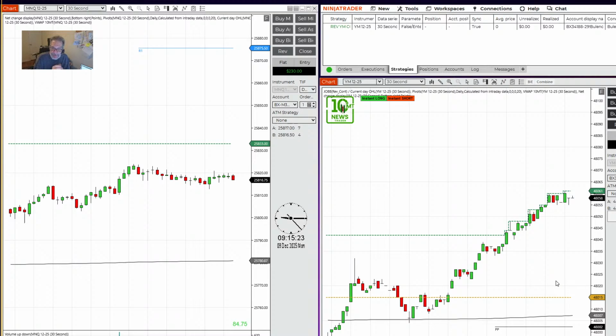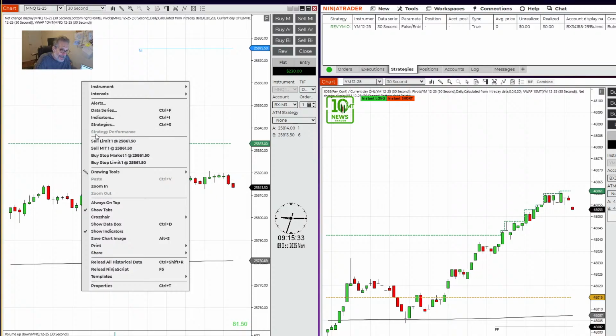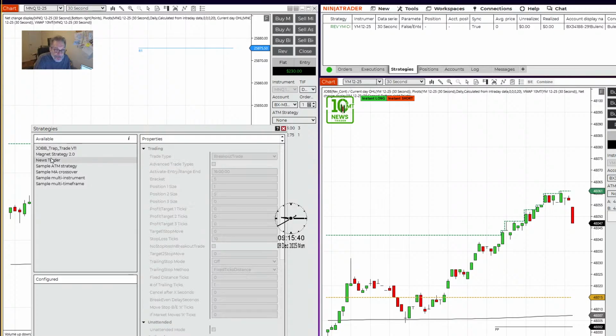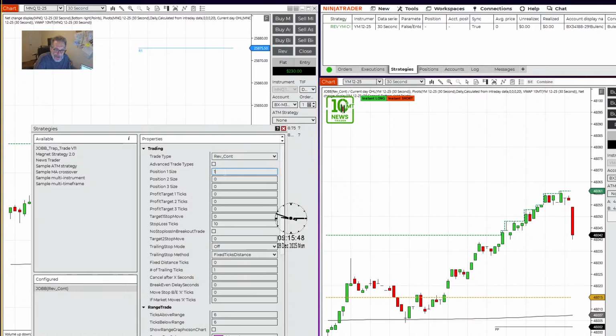So I might set that up. Let's look at the NQ first. So let's set up our reverse continue on the NQ because I know I'm trading the MNQ open. Trade it every morning. Right click strategy, click news trader, reverse continue, 2 contracts, 1 position, discretionary trade, stop is 75, target 40,